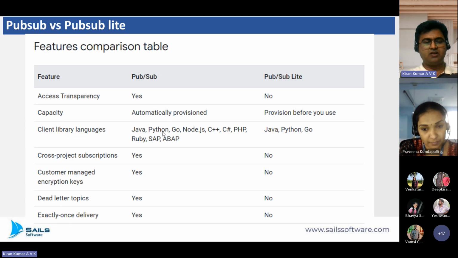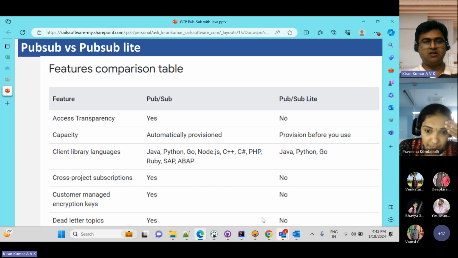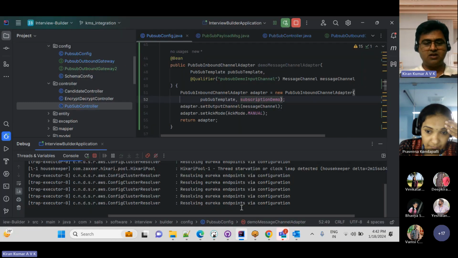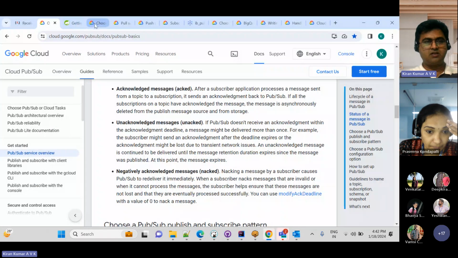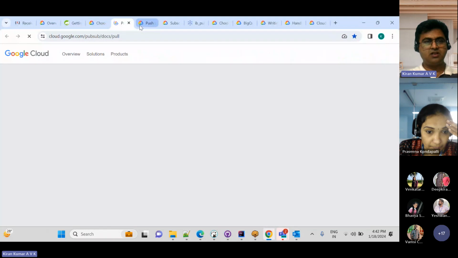There are many other features as well, that actually